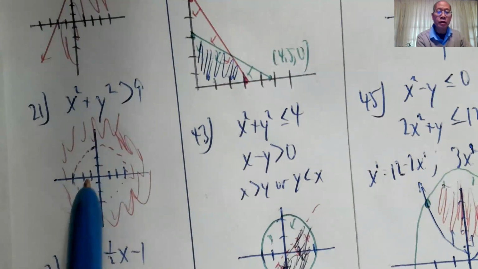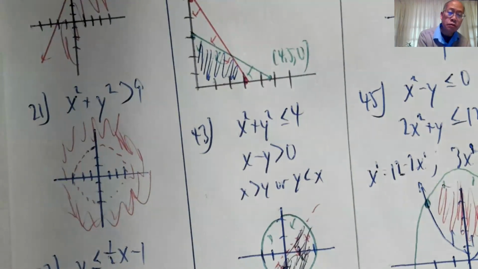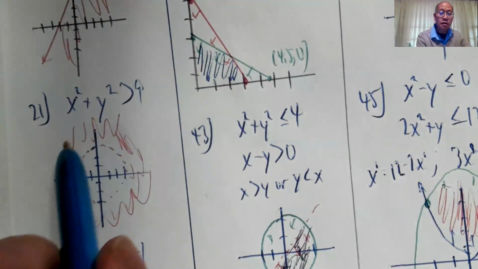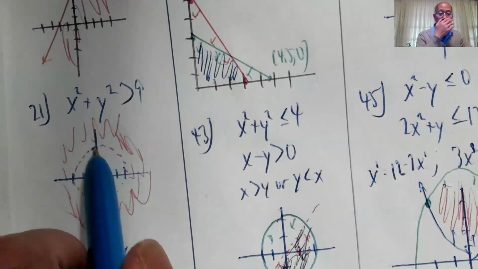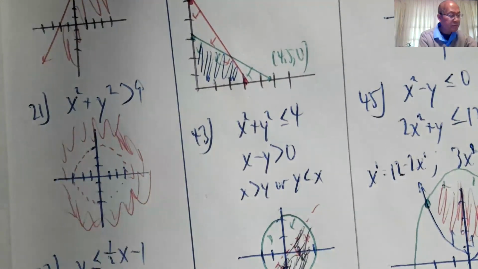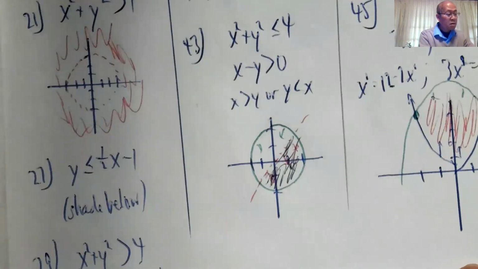You can also pick a test point. Test point would be the origin. 0, 0 is a false statement. 0 greater than 9. So then that is not a true statement. But if you pick a point out here like 0, 4, that would be a true statement. Okay,